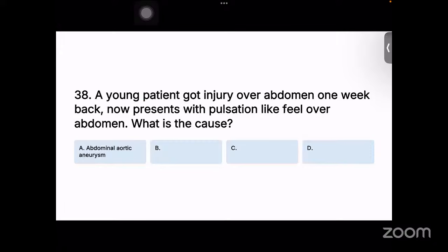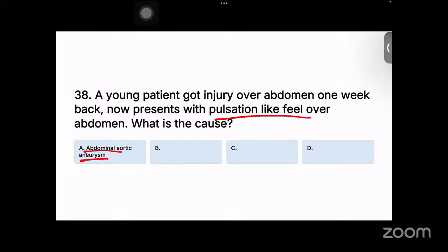The young patient got an injury over the abdomen 1 week back, now presents with a pulsation-like feel over the abdomen. Pulsatile abdomen is directly abdominal aortic aneurysm. So that's a clue here, pulsation on the abdomen. On physical examination, you will see a pulsatile expansile mass. Location varies by the injury site. So you have the history of injury, you have a pulsation, definitely it is pointing towards the abdominal aortic